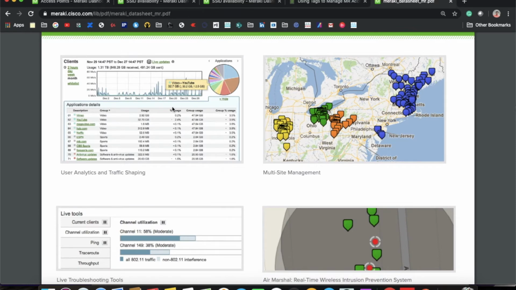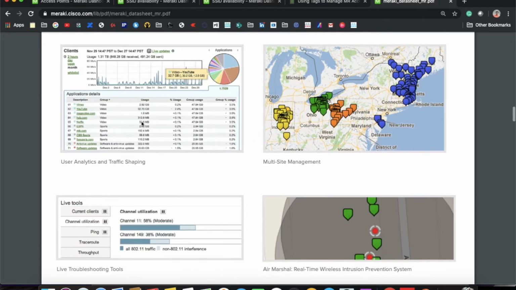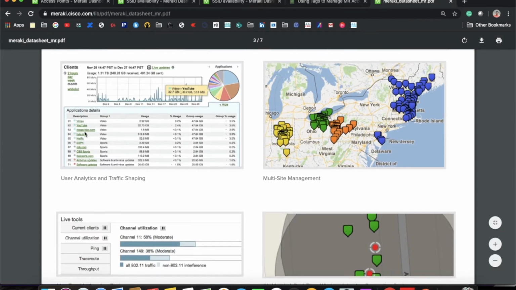So there are many options compared to the other vendors. You can see in real time all the clients which are connected with the proper name, and there is even grouping, and you can have very good reports, like what is the usage and what is the percentage. There are many graph level views and events you can see easily. Those we will see in the dashboard, how exactly it looks.